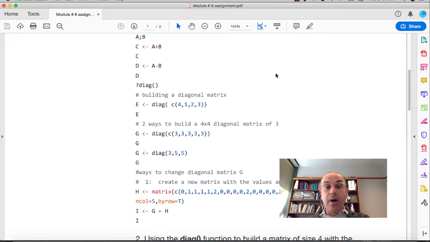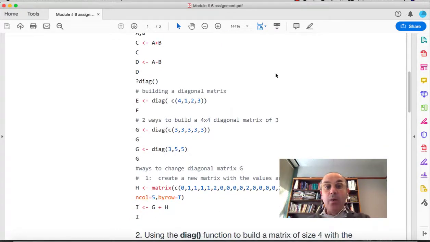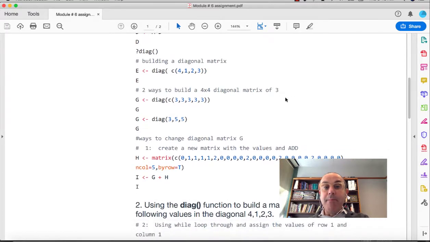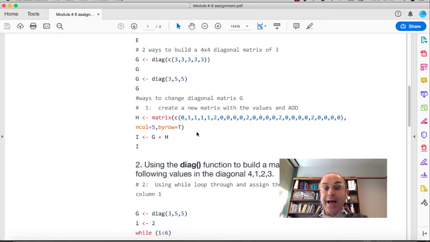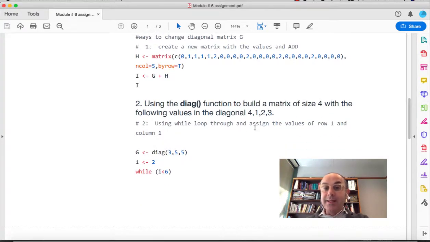In this case, I will declare E diag, and I will have the container 4, 1, 2, 3, and I will be able to build a matrix in two ways, 4 by 4. This is what it will look like. If you run it in R, it will show you the outcome. So this is a warm-up to question number 2,